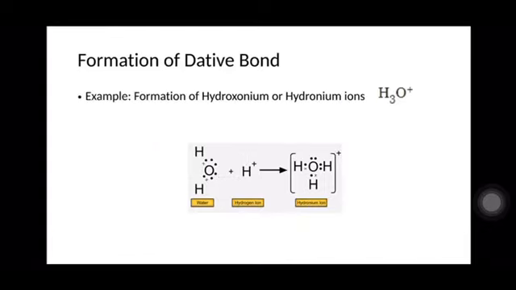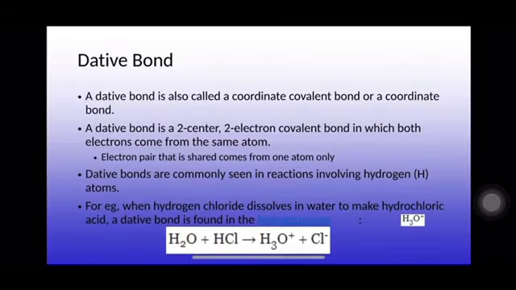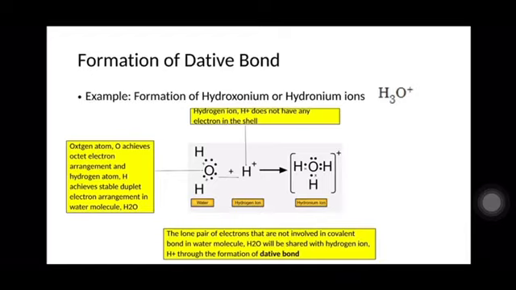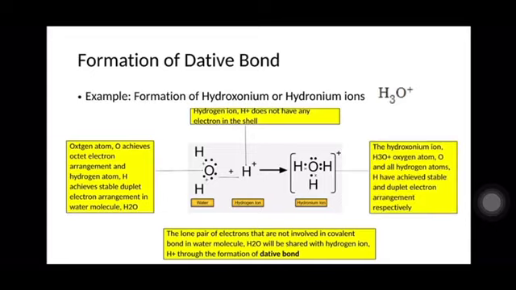Okay? Ini yang membezakan dative bond. Yang mana electron pair is shared comes from one atom only. Okay? Alright. So inilah yang dimasukkan dengan dative bond. So bila dia share, okay, so as you can see, hydronium or hydroxonium ion form. Okay, the hydroxonium ion H3O plus with oxygen atom, and all hydrogen atom have achieved stable and duplet electron arrangement